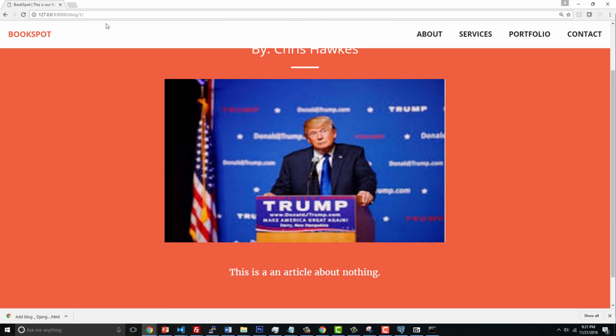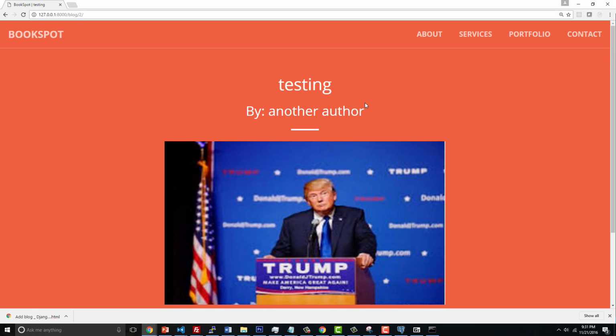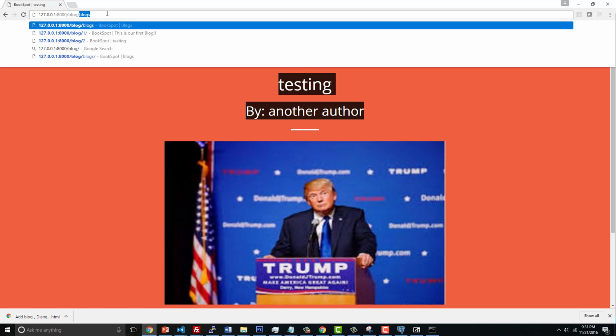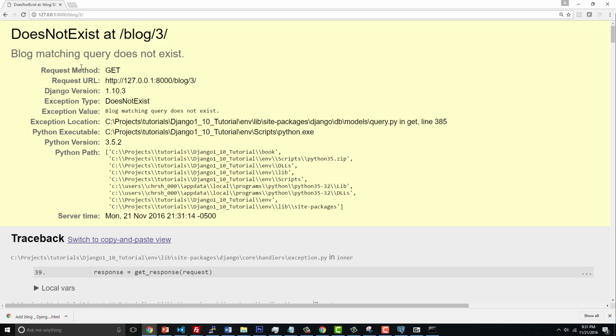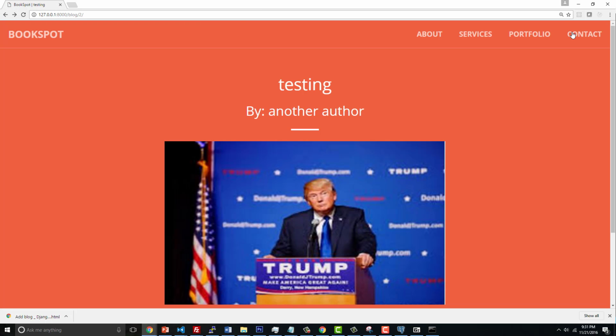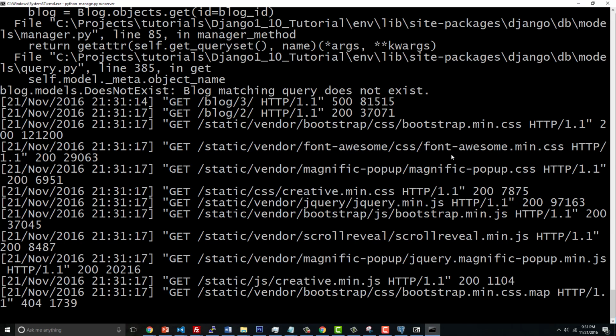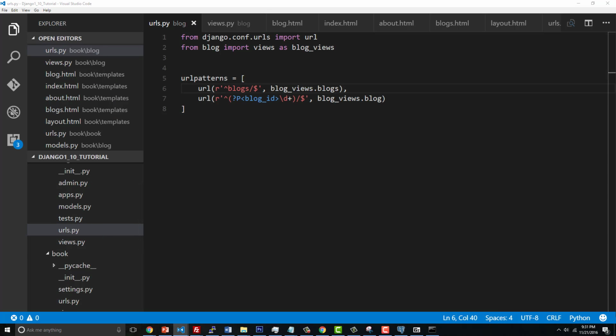Now what happens if you put in blog 2? Well, it's going to use the same template and it's going to load the other blog. And if you had a separate image, then it would load that too. Now what if I said blog 3? This is where you end up throwing an error, and you don't want errors being thrown for blogs that might not exist anymore. So there's a built-in helper tool that we can use as part of our shortcuts under views,